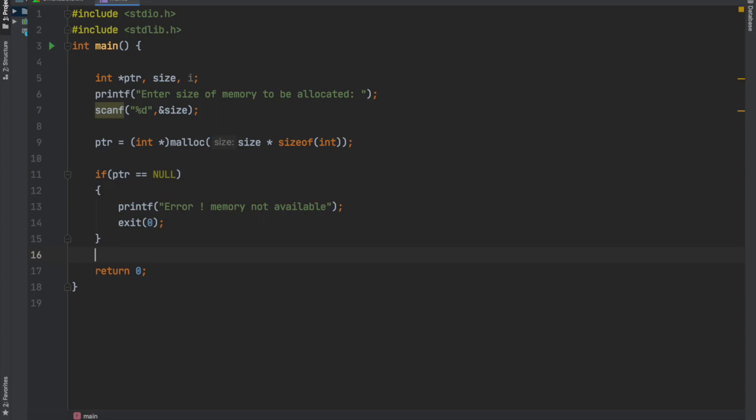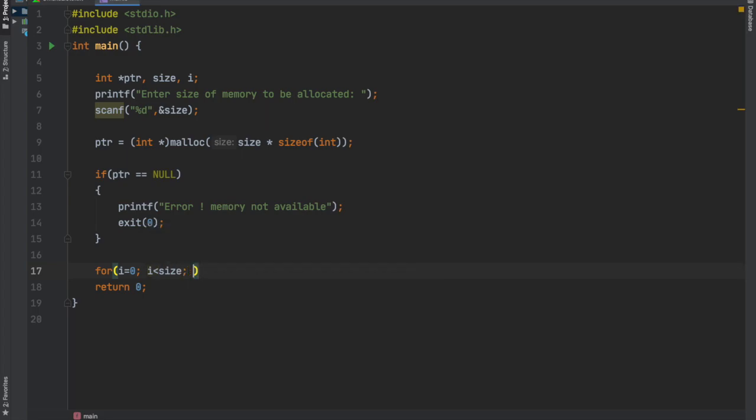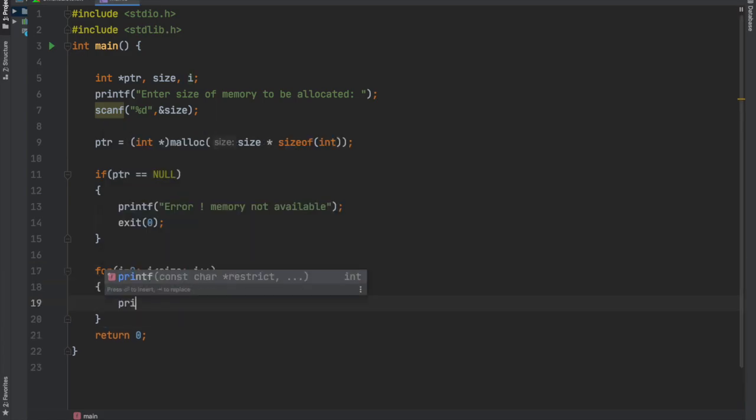And after this it's time to take input from the user, so I'll write some block of code for that. I'll be using a for loop. Inside the for loop, the value of i will start from 0 and it will go up to the value of variable size, and after each iteration the value of i will increase. Inside this I'll write a printf statement just to ask the user to enter the elements. So I'll write a message here, enter element %d, just to make it clear which element you are entering.